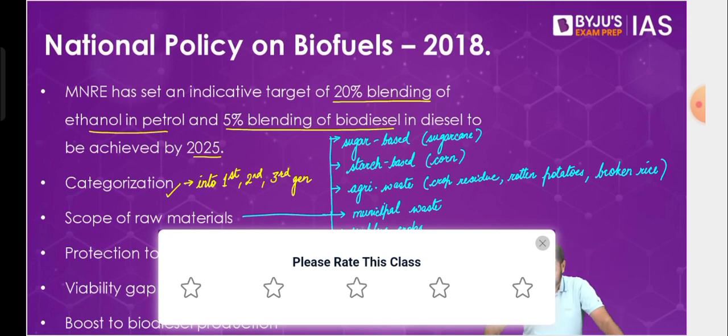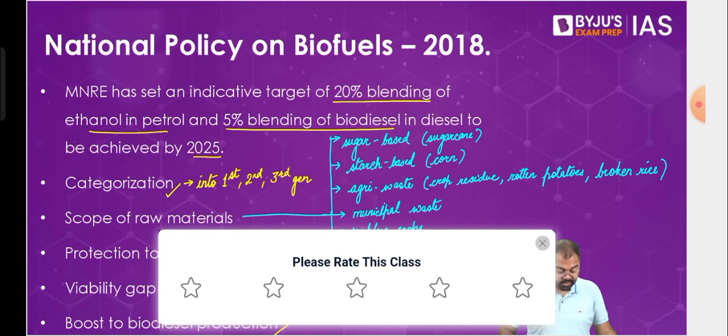Then viability gap funding. What we mean by viability gap funding is that this is a kind of funding. We are talking about an extra amount of budget or money being provided to this industry in one way or the other. Meaning that, let's say the initial budget was 1,000 crores, but 1,000 crores was not enough. We needed an extra 200 crores. So that extra 200 crores will come as a part of the viability gap funding. It is a kind of financial support, whether in terms of tax concession, subsidies, or extra money being provided. In all these cases, viability gap funding can be a major thing, and whatever the difference in the amount, that difference can be taken care of.